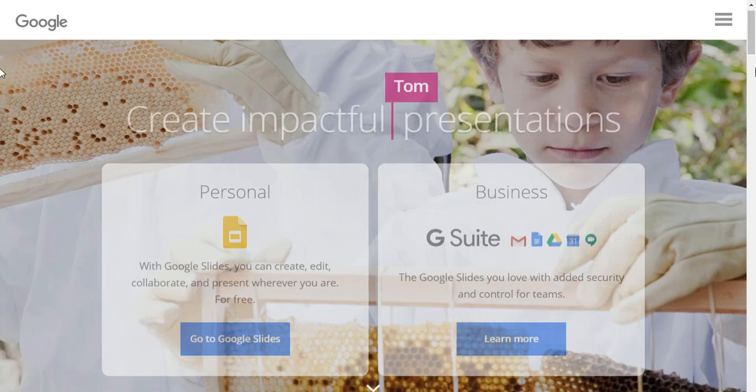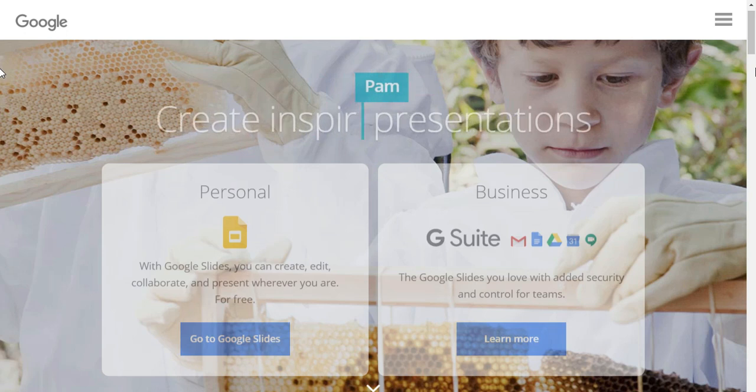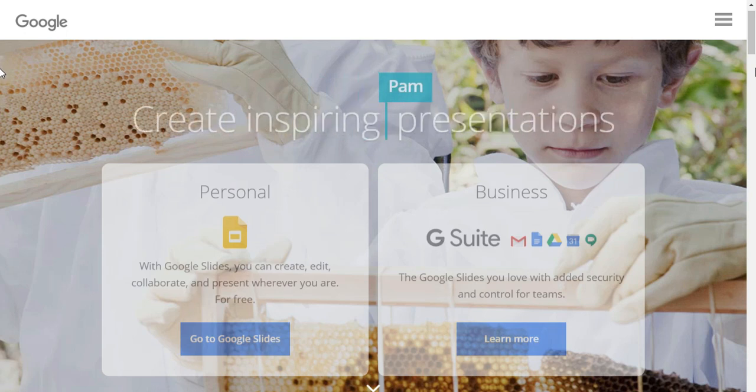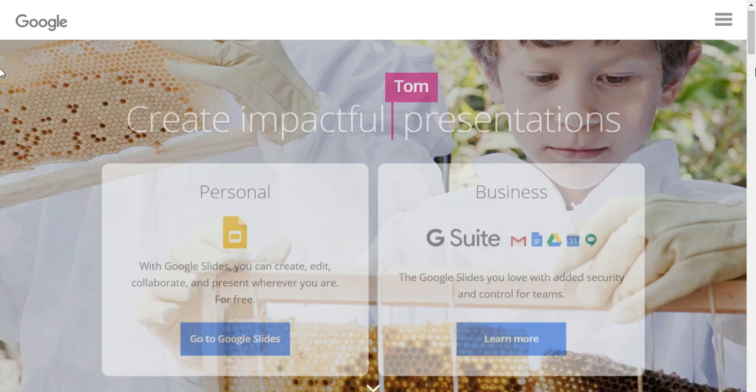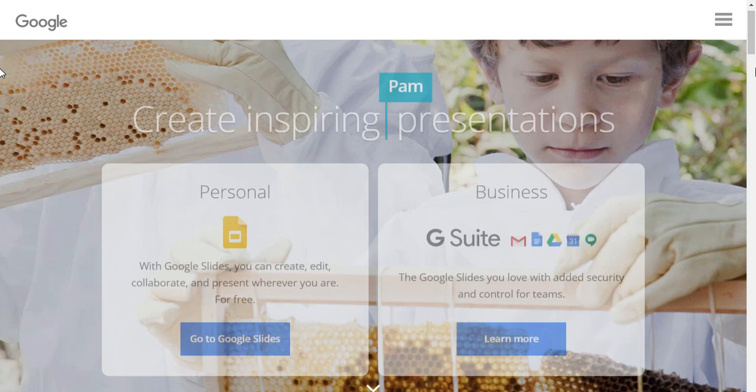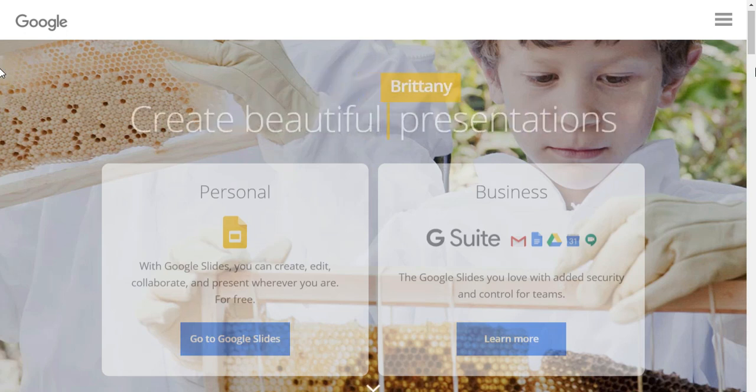So if you are creating any presentation, you can edit that presentation, you can collaborate. I love this feature of collaboration. You can add any other people to edit your slides or to work on those slides, and simultaneously you can see the changes which the other person is doing. That is the collaboration feature.